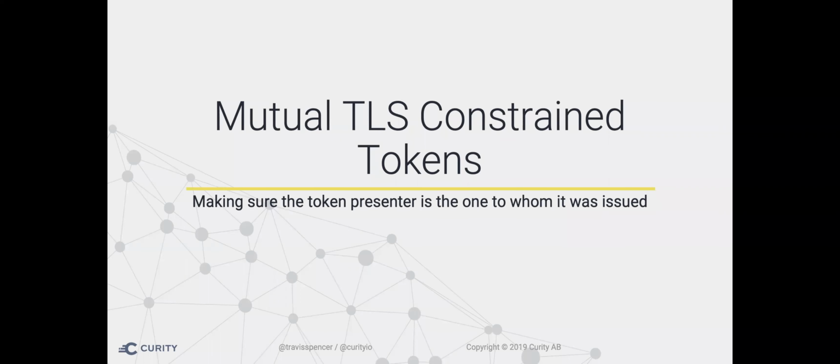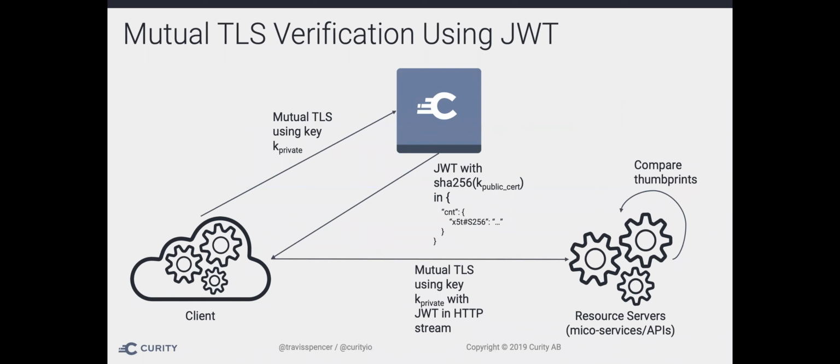So let me talk a little bit about this. There's some different variations of this, which I mentioned already, but I won't drill into it too deep, but at least as an overview, let's look at the general flow. So in this case, what happens is the client application will do some sort of flow, like a code flow, or maybe the client credential flow, some sort of flow that requires that client to make a call to the token endpoint of Curity. And in this, you'll configure Curity to allow mutual TLS to that token endpoint, and either